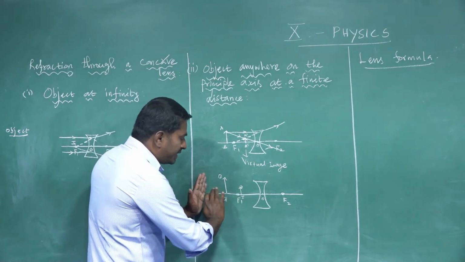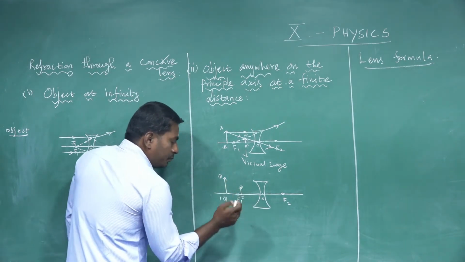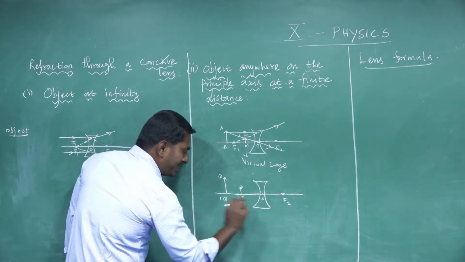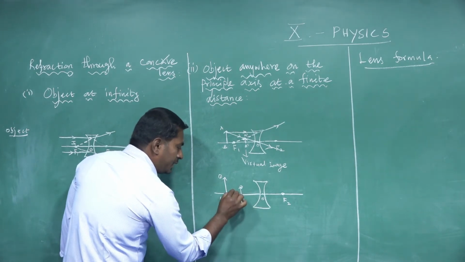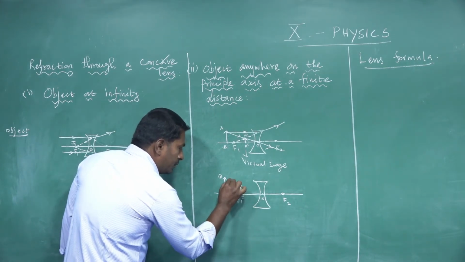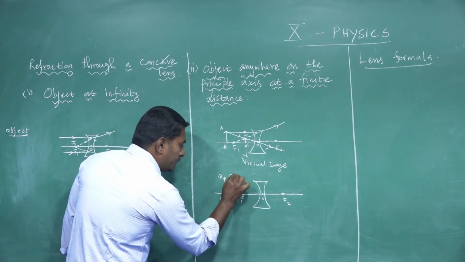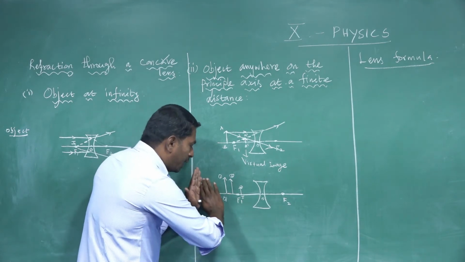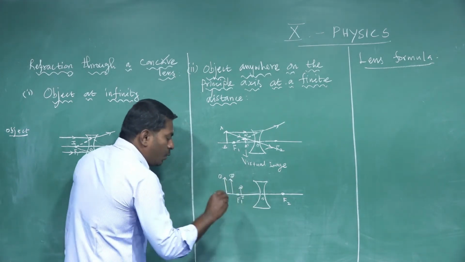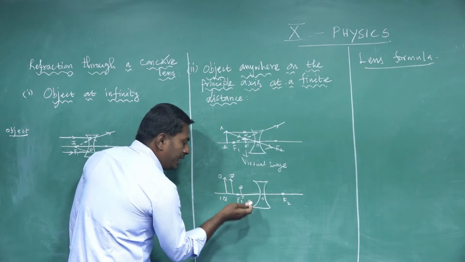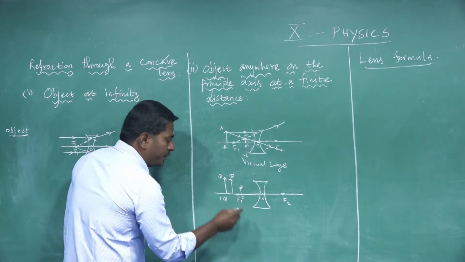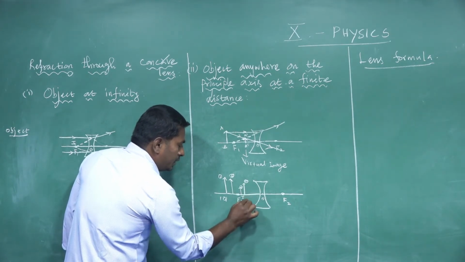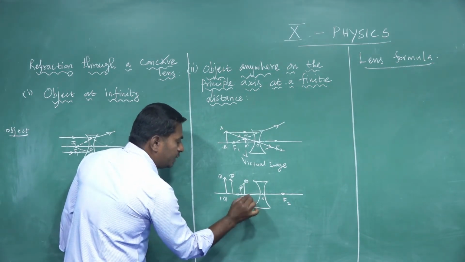Now the object distance is decreased. How? The distance between the object and the lens is decreased, then the object distance is decreased. This is the position of the object. Now the object distance is decreased because the object has come closer to the concave lens. What happens? The image formed by a concave lens is formed on the same side of the object. See the image formed in the second position.